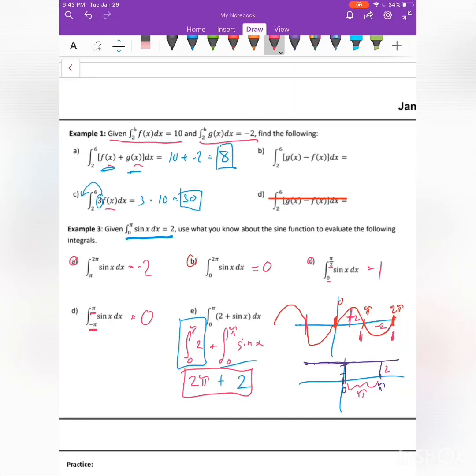Okay, so the next thing, you have a couple of practice problems that you can work on yourselves. I hope you learned a little bit here. Remember, you can always pause this if I move too fast, or you can watch